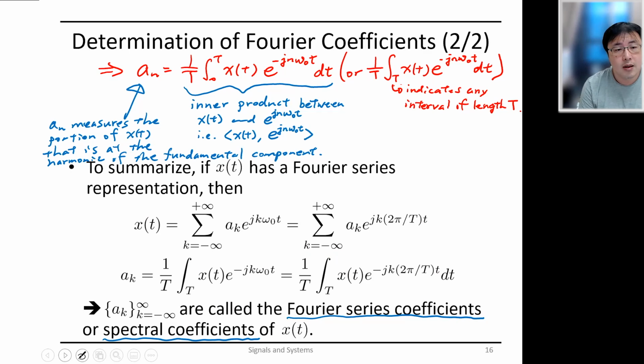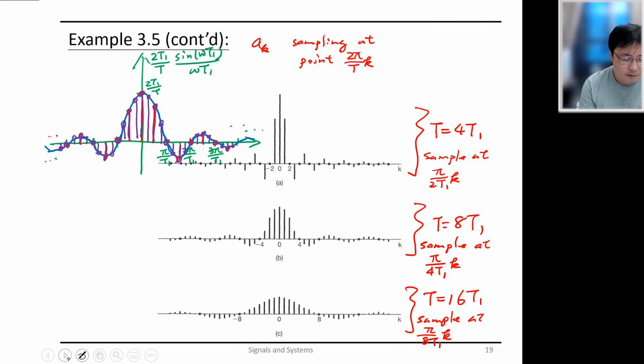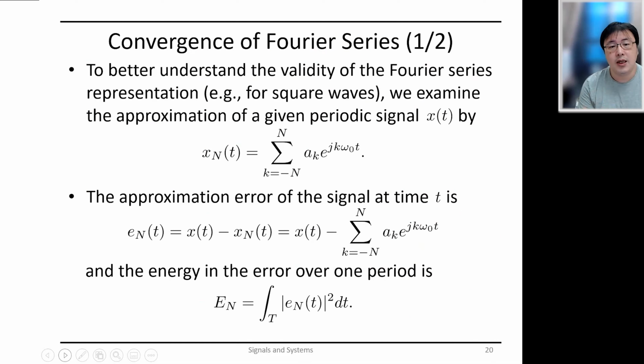Right. So up to this point, we have shown how to find the Fourier series representation for a periodic signal, if it exists. Now, if you have a set of harmonically related complex exponentials, then you can construct a really large set